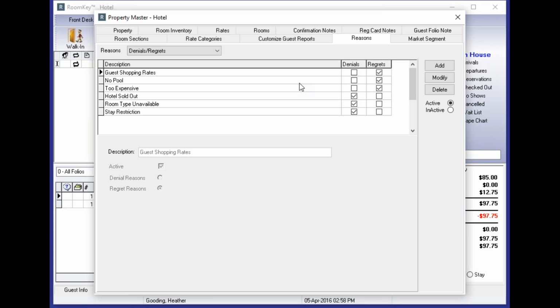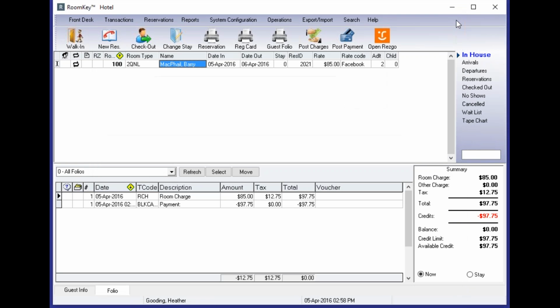If it is something you think you want to implement for your property that's not turned on, reach out to our support department either by email or by phone, and they can turn on that feature for you. But for properties already using forced regrets and denials, that report will be there, just to be clear. Okay, next is